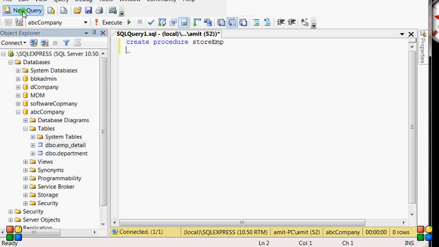So it is the employee stored procedure name. Now we have to assign EMP name, varchar, comma.